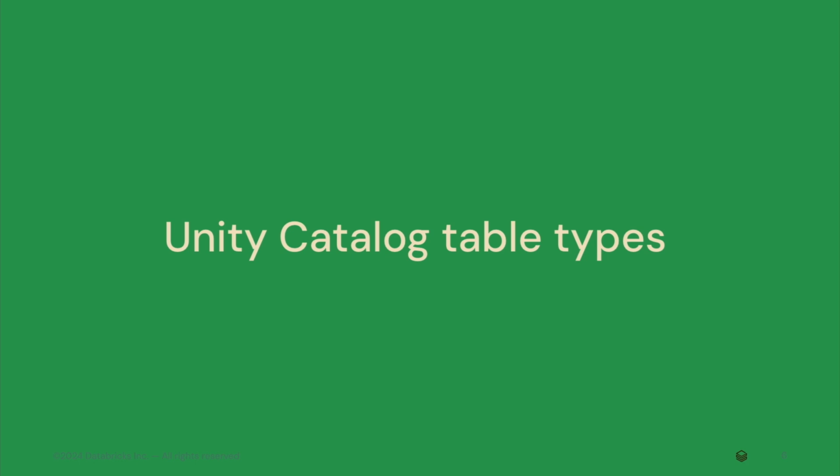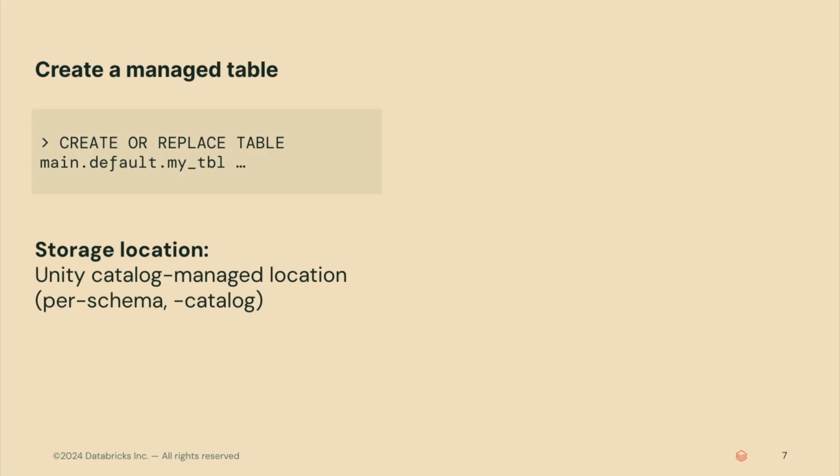What are Unity Catalog managed tables, and how are they different from external tables? So there are two types of tables in Unity Catalog: managed and external. When you create a table, by default, it's a managed table. So if you just do create or replace table, give it a name, write a query, that is a managed table. And when you do this, the table gets created in a storage location that is Unity Catalog managed. So you give us a storage location, either at the catalog or schema or metastore level, and we will create a table in that storage location, and Unity Catalog is going to manage how the data is laid out and